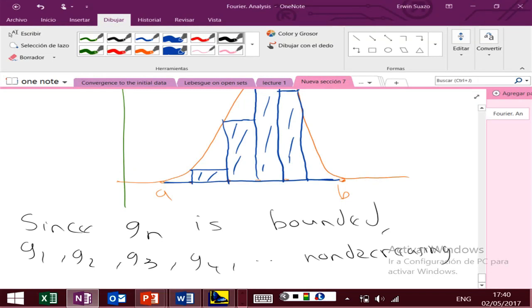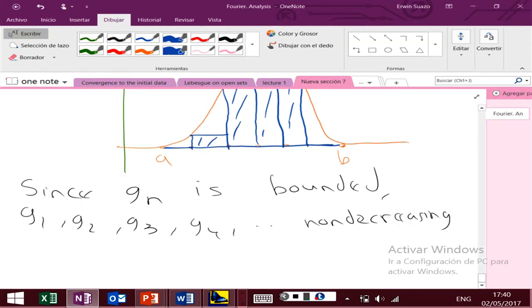Because the smaller the intervals I get, the bigger my G sub n is. If I have G1000, it means I had 1000 intervals, so my area is going to be bigger. My area is bigger and bigger and bigger. Since G sub n is a bounded, non-decreasing sequence of functions,